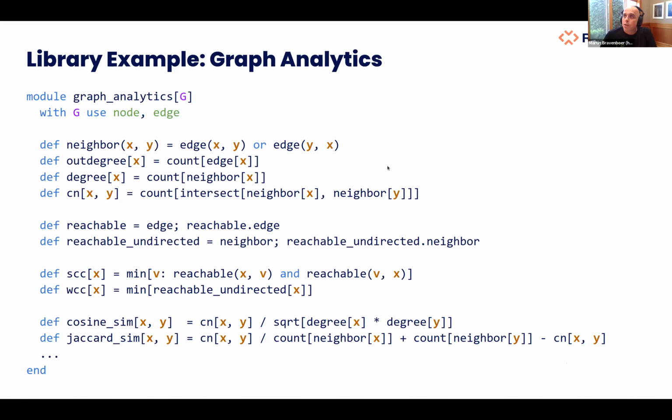This example is the graph analytics library. It is a module that you parameterize with the graph you want to use it with. You give it the graph, and then you get all these algorithms to work with: out degree, in degree, reachability, strongly connected components, weakly connected components, and similarity metrics.